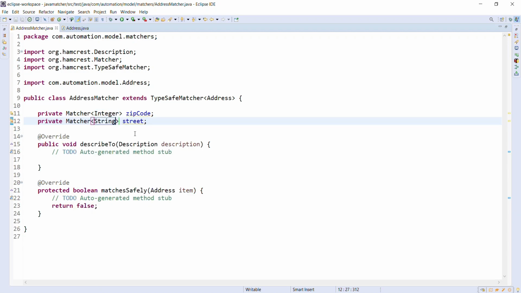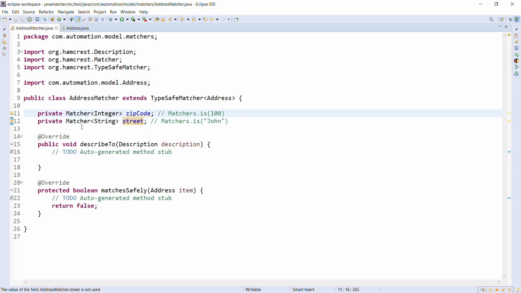So when I change the type to Matcher of Integer and Matcher of String, for validating the content of these two properties I can use any inbuilt matcher which comes from the Hamcrest framework. For example, I can use something like Matcher dot is 100. That is the reason I changed the type of these two properties to Matcher.